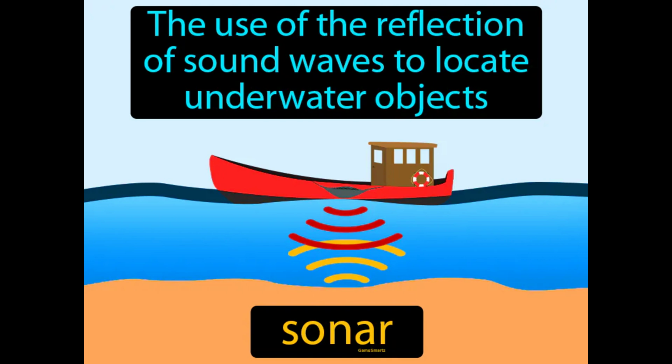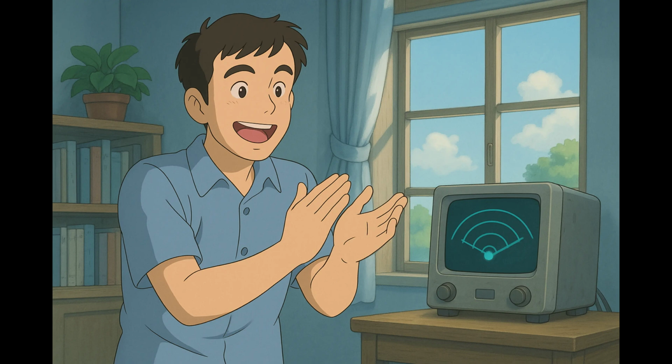The use of the reflection of sound waves to locate underwater objects. Sonar. Sonar is a technology that uses sound waves to detect and locate objects underwater. Imagine trying to find your keys in a dark room by clapping your hands and listening for the sound bouncing off objects. This is similar to how sonar works, where sound waves are emitted underwater and their echoes are used